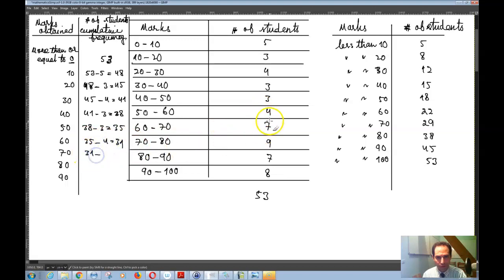Then you can write 31 minus 7, which is equal to 24. Then you can write 24 minus 9, which is equal to 15. And then you have 15 minus 7, which is equal to 8. So you will end up with the same number over here. Okay. So that's basically that, so that this table over here is the cumulative frequency distribution of the more than